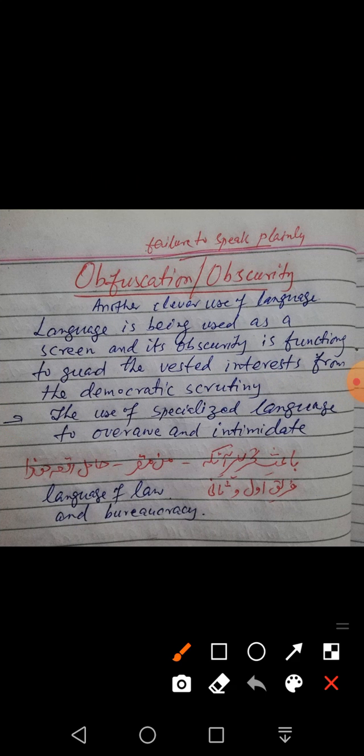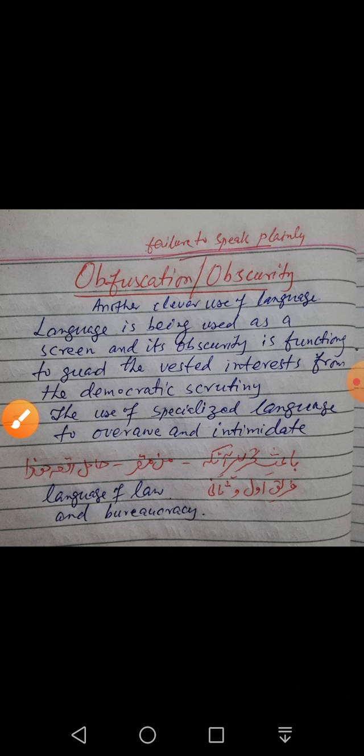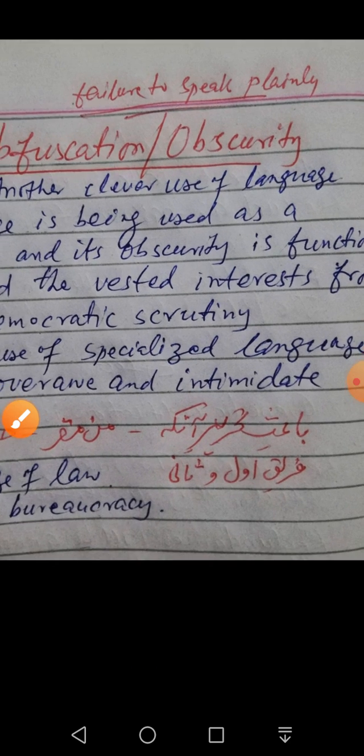Now another technique is obfuscation, or obscurity. This is particularly used by the people who work in the language of law and bureaucracy. Bureaucracy is in the habit of using very difficult terminology. They avoid speaking plainly. They don't use straightforward language, because if you have had a chance to read a legal document, you will come to know that the language is quite difficult, and like a judicial stamp paper in Pakistani courts usually has these phrases,